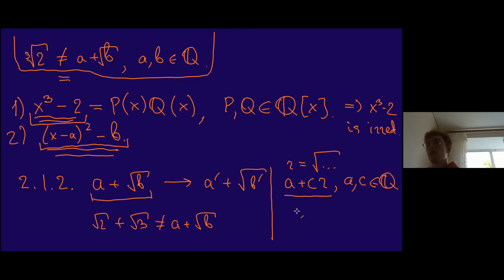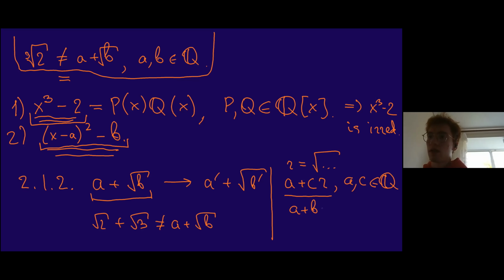It is easily checked that the sum, difference and the products of any two numbers of this form are of the same form. And so we only need to check that